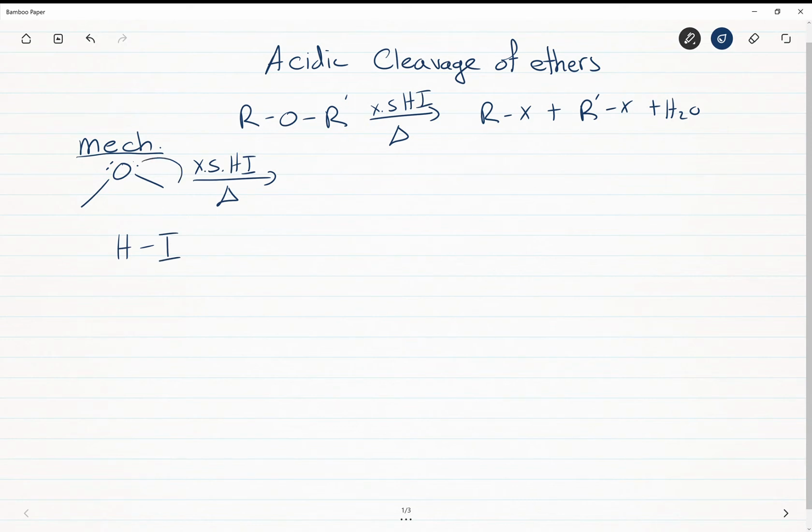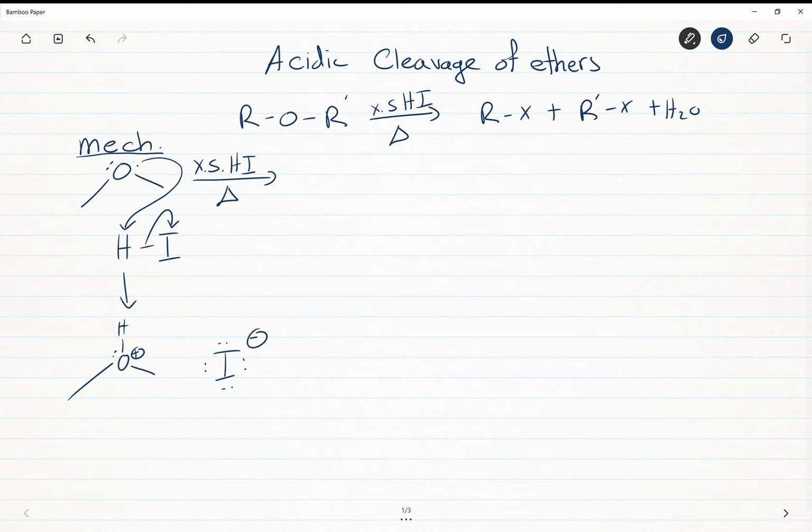Okay, so we have our ether, and we have HI. The ether will protonate, and we will kick off the I minus. Now we have a positive charge on our ether, on the oxygen, and we have the I minus. Essentially, we have a good leaving group and a good nucleophile. And so the I minus is going to perform backside attack, and it's going to kick off this good leaving group. And when it does that, you're going to end up having CH3I formed, and now you have